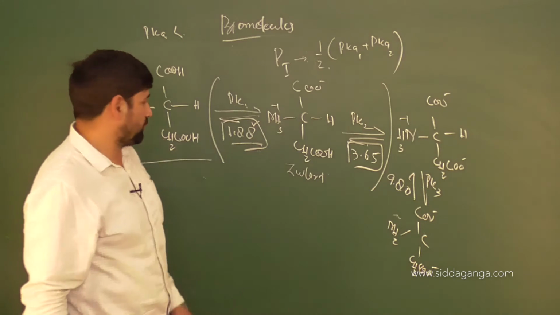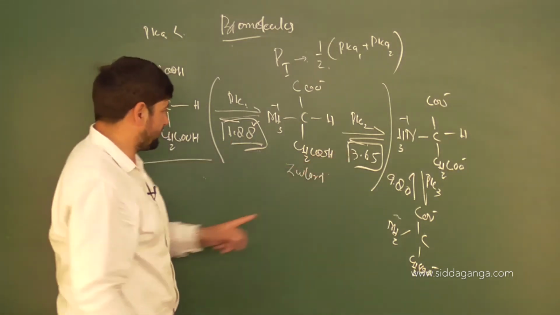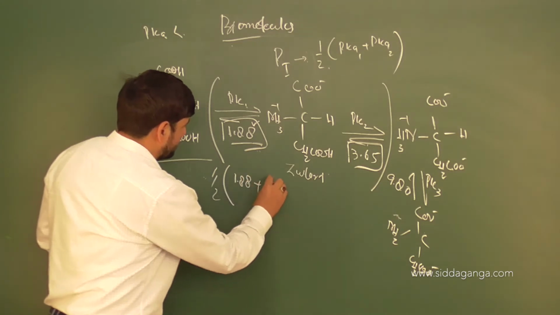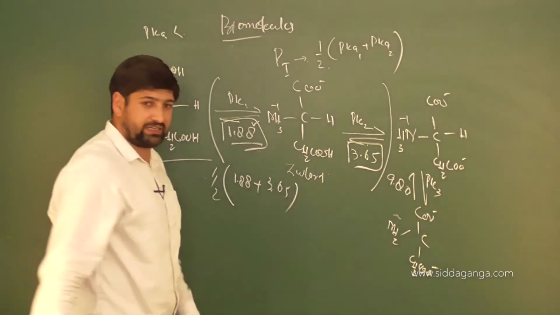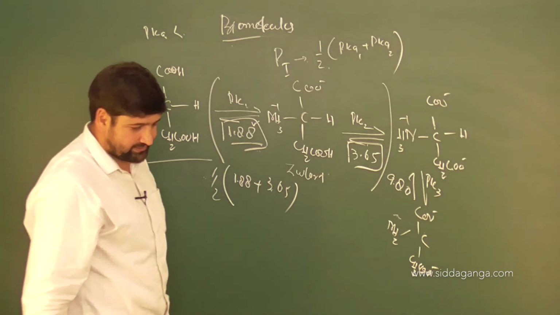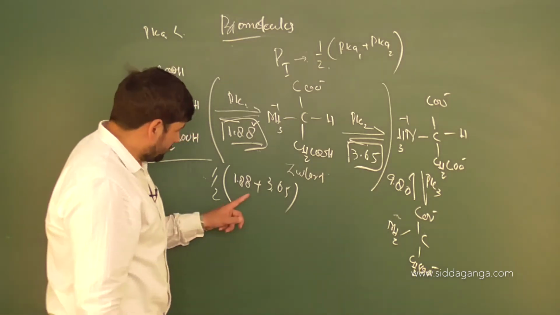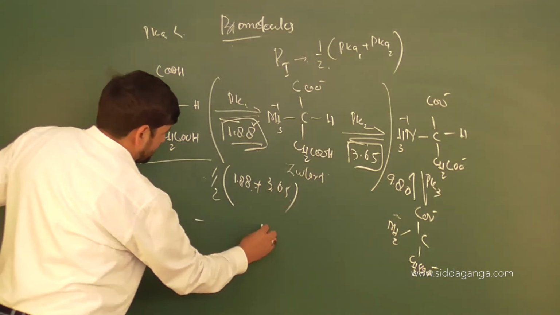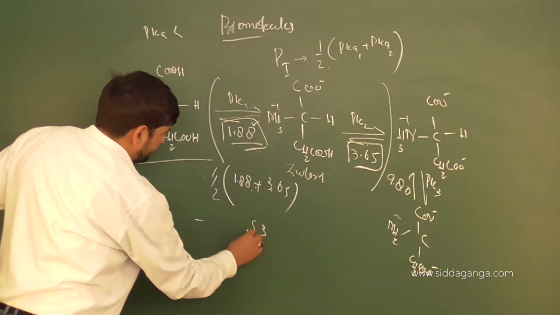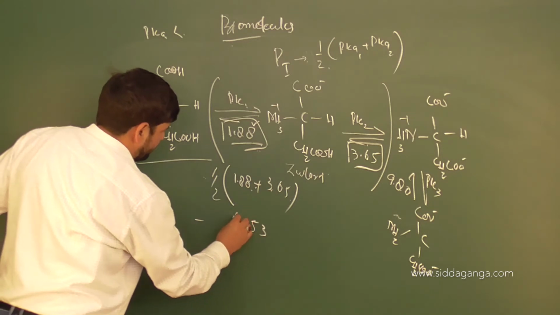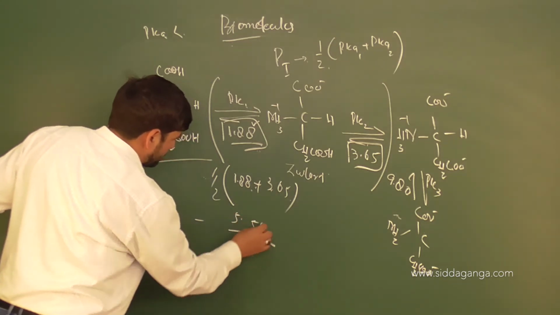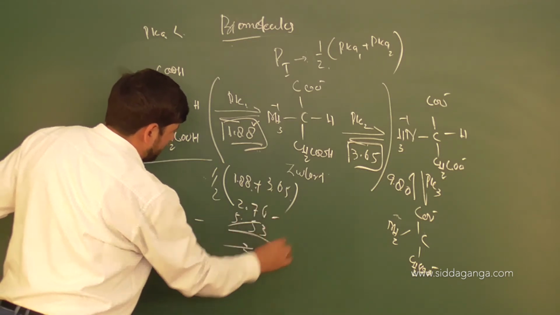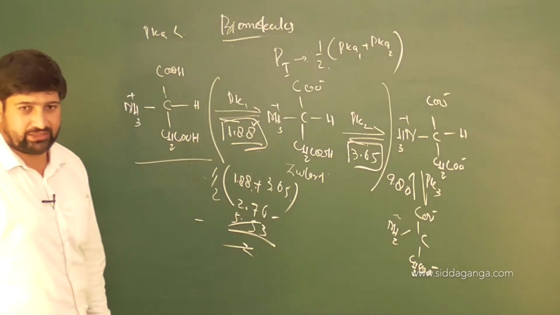Am I clear? Good. So looking at this 1.88, 3.65, we'll get half of 1.88 plus 3.65. Correct or not? Sum it up and you will find the answer. Yes. So have a look. 5 plus 8, 13. 8 plus 6, 14 plus 1, 15. 3 plus 1, 4 plus 1, 5. So 5.53 divided by 2. 2 2s are 4, 5. 2 7s are 14. 2 6s are, so almost 2.76 will be the correct option for this.